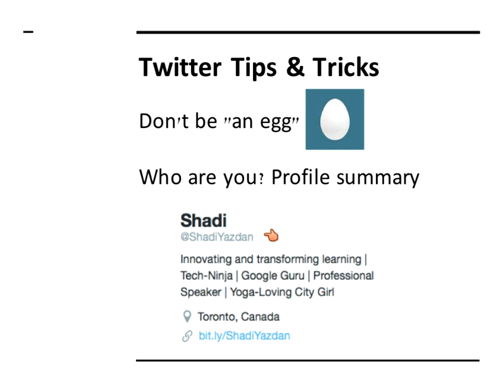So the takeaway here is don't be an egg and make sure you have a profile summary. So here's my information, and I use my own real name, and again, this is all part of my brand. It's part of who I am. And with Twitter, you always want to let people know that you're not all about work. There's some personal side to you as well. So I live in the city, love my city. If you follow me on Instagram, all my pictures are about different places I walk in Toronto, and I love yoga. So that's really who I am all about.